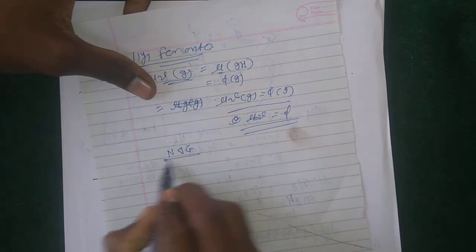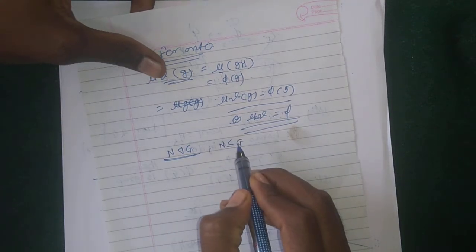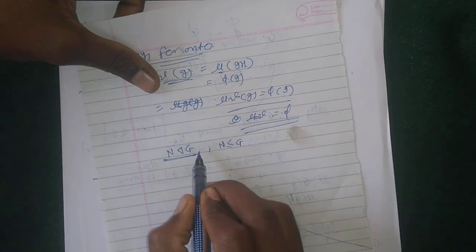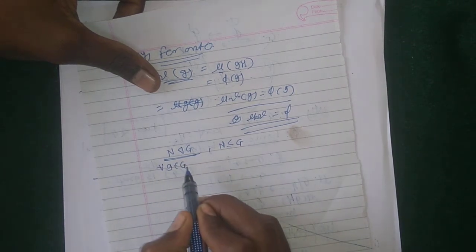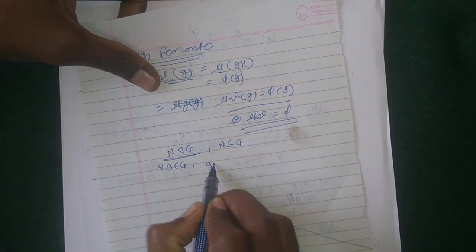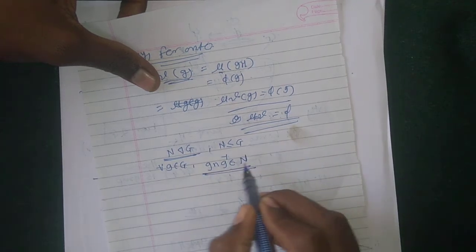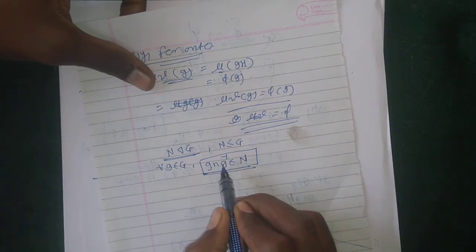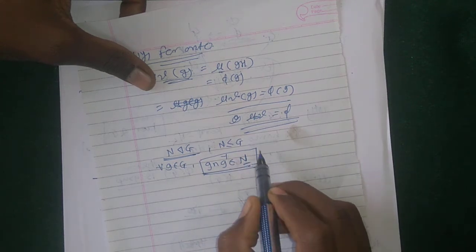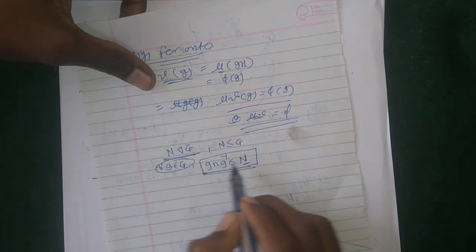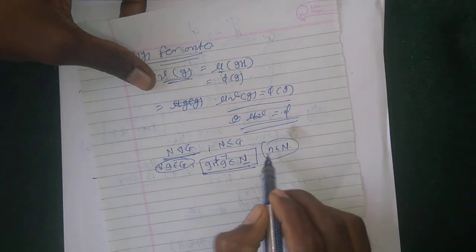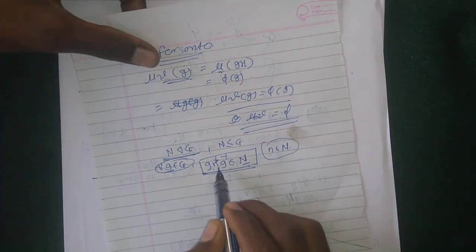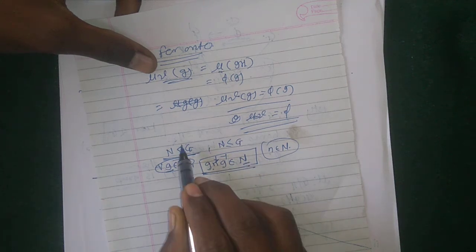When N is a normal subgroup of G, firstly N is a subgroup of G, and then, to show N is normal, for all g belonging to G, g n g inverse belongs to N. If N satisfies this condition, then N is a normal subgroup of G. Meaning, if n is an element of N and g is an element of G, and g n g inverse has some value, this value belongs to N, then N is a normal subgroup of G.